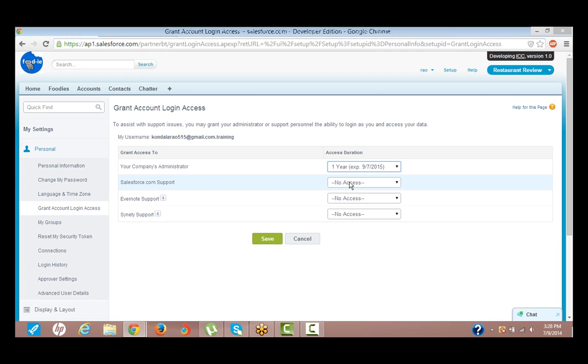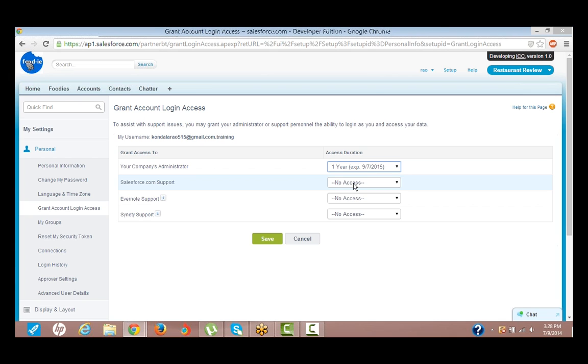So the second is for Salesforce support. Who is Salesforce support? The application we are using is Salesforce, right? If there's a complex issue which is not fixed by your administrator, you're going to raise a ticket to the Salesforce support guys. Then they will ask for grant access permissions. Now you can give the grant access permissions to the users for a day or two or a week to fix the issue. First you have to give it to your admin, and if it is not fixed yet, you have to talk to Salesforce support. Your system admin will take care of whether to go with Salesforce support or not.